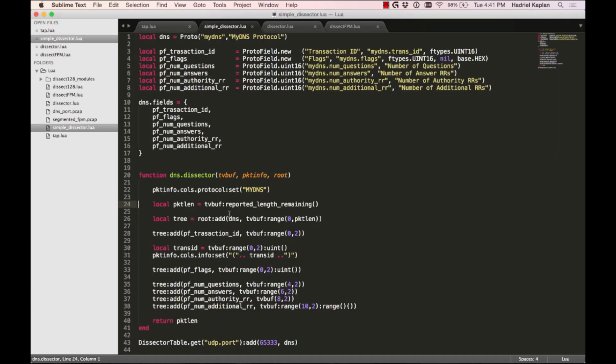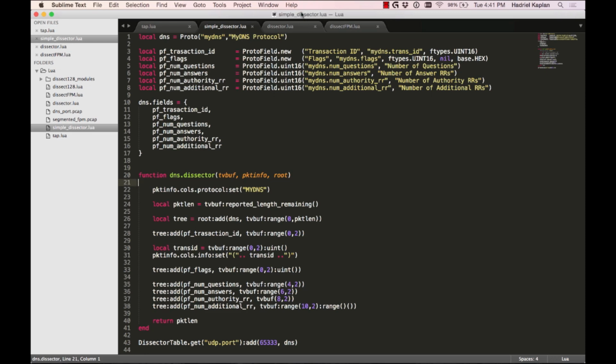It's a dissector function because it is called dissector, and it is a member of my DNS proto. And I've set it as the function here. You'll notice that there are 3 arguments I gave it. I could have named these foo, bar, and zoo. It doesn't matter what I named them because they're just variable names in Lua. Now obviously, being the genius that I am, I decided to label them something that reminds me what they are later on. But if I screw up which ones of these are which, which I grant you I do all the time, usually I have to go back to the C code to remind myself,